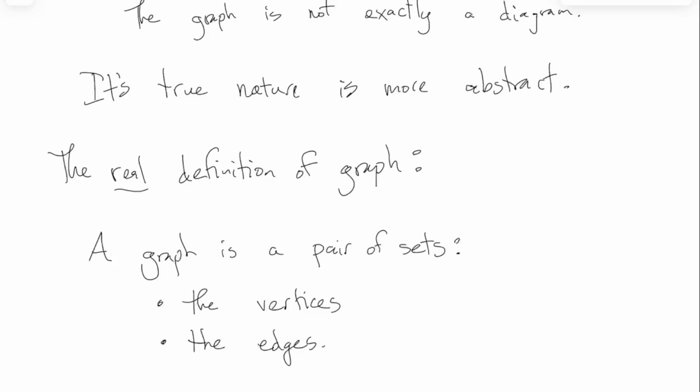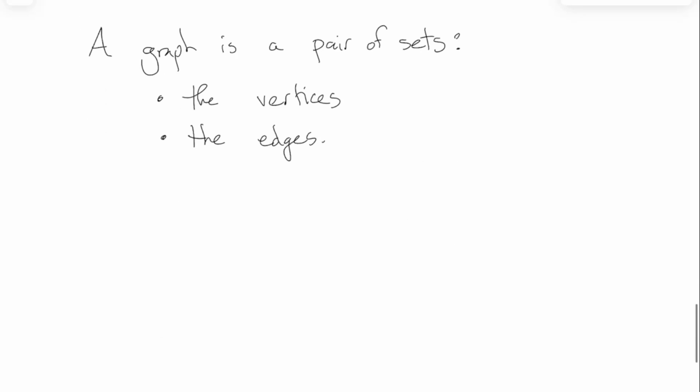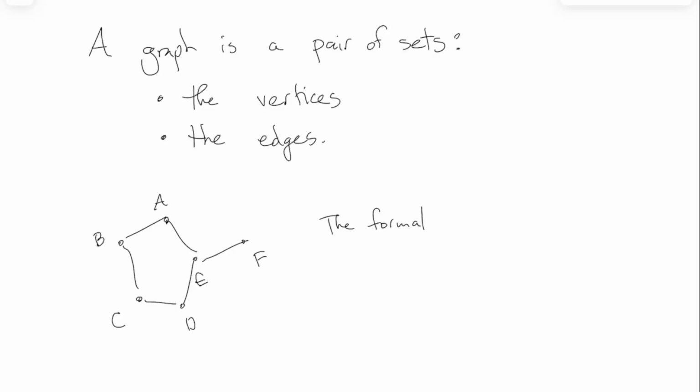Now, we are almost never going to use this point of view. When you work with graphs, usually you just want to see the picture. And that's usually how we're going to do it. But if we want to really talk about the graph formally speaking, let me draw this same one again here. A, B, C, D, E, F. All right, this is a graph. That's the picture of the graph. The true graph, and to distinguish this from talking about pictures, we're going to call this the formal description of the graph,